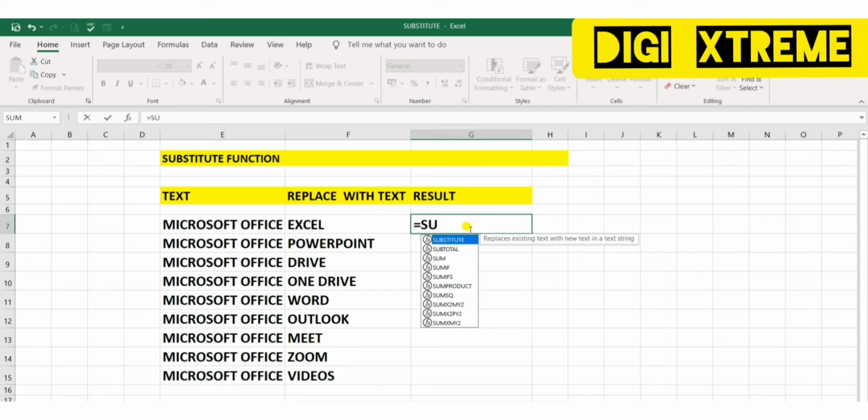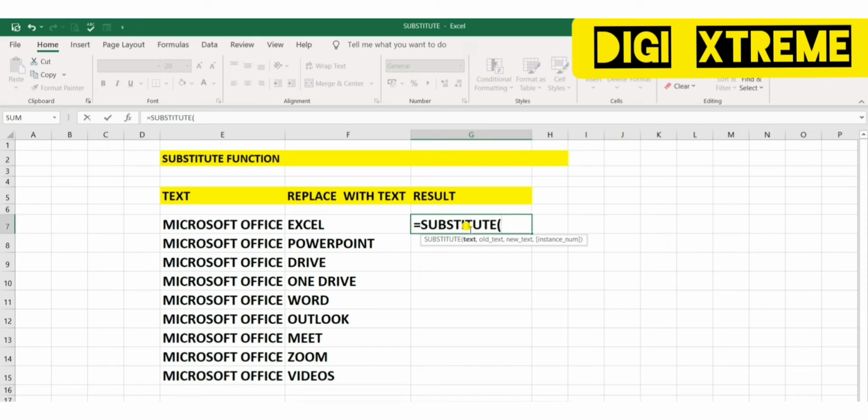Just press Tab. Once you press Tab, your formula is ready to use. Whenever we apply any formula, it asks for the details it needs, and all the details are given here.